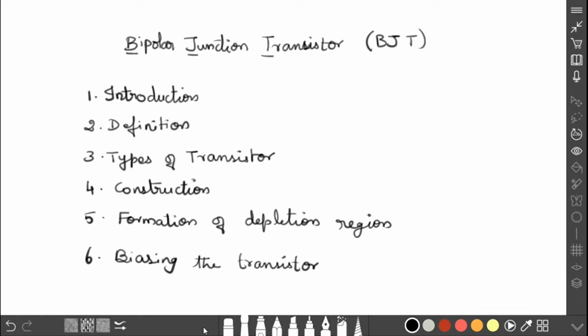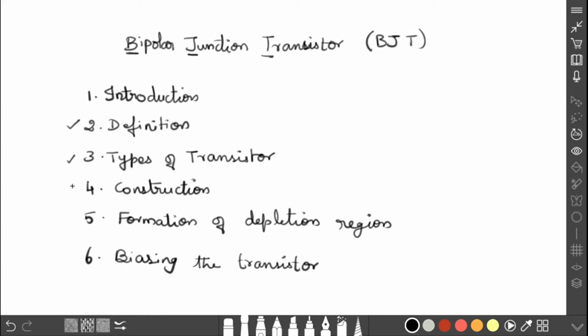Dear students, now I am going to explain the bipolar junction transistor. In short form, it is represented by BJT. The first letters are combined to give the short name, BJT. So in this video, we are going to discuss the introduction, and then the definition,